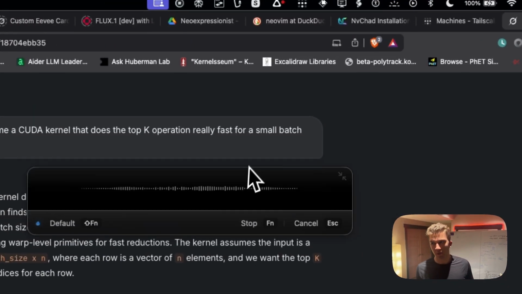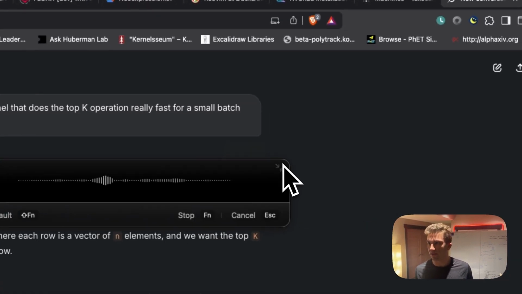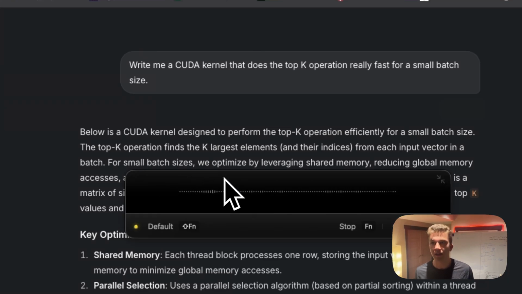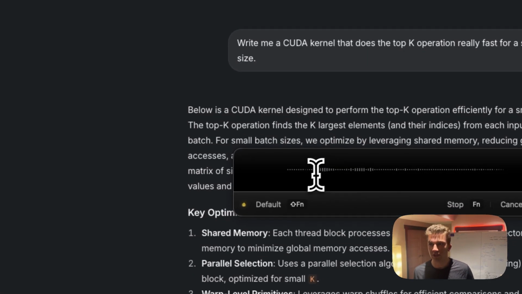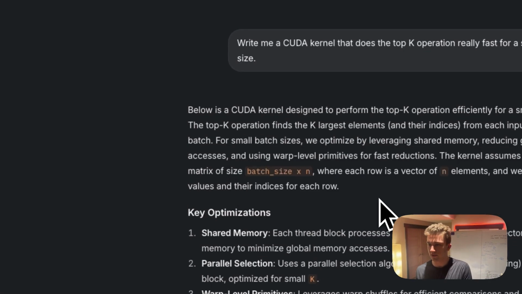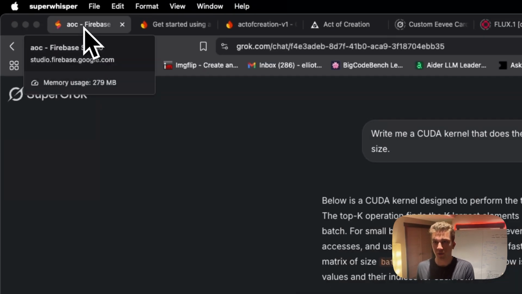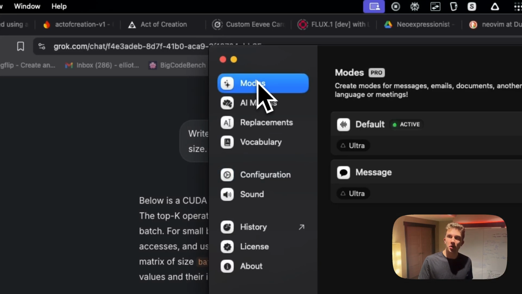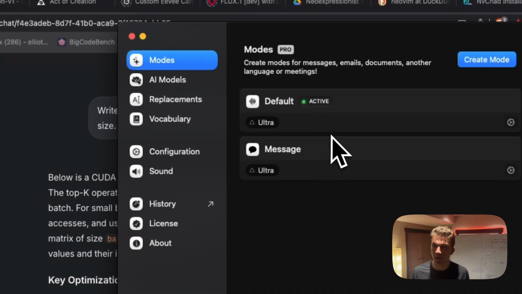And this is called Super Whisper, right? You can drag this around, make it smaller, whatever you'd like. And yeah, literally just, let me exit. So I can go to Super Whisper. I can click up at the top here, go to settings. There's a bunch of modes. So I can have like a default mode,